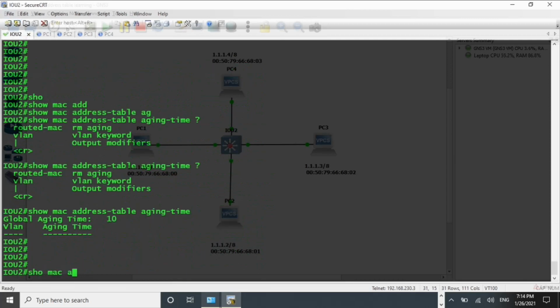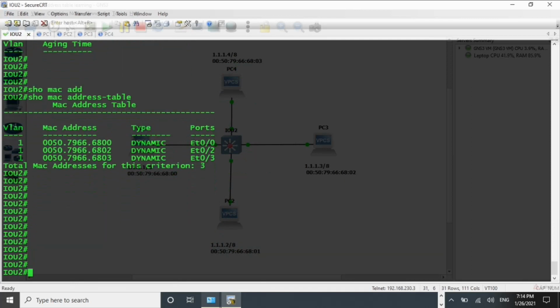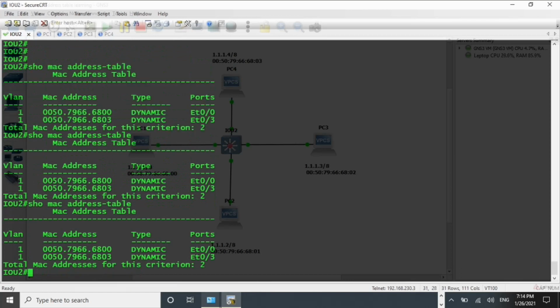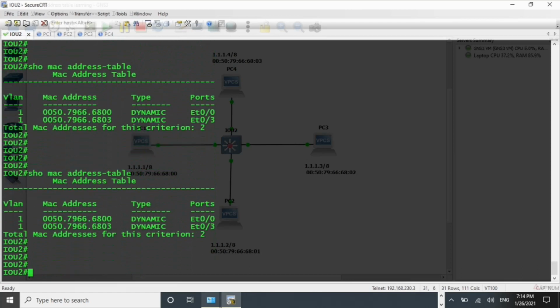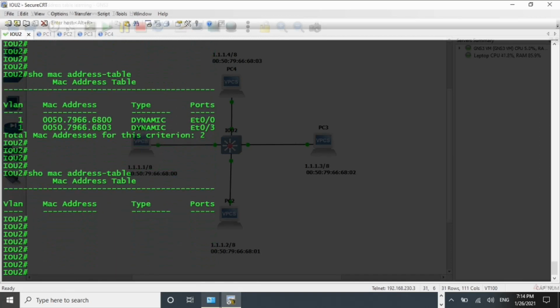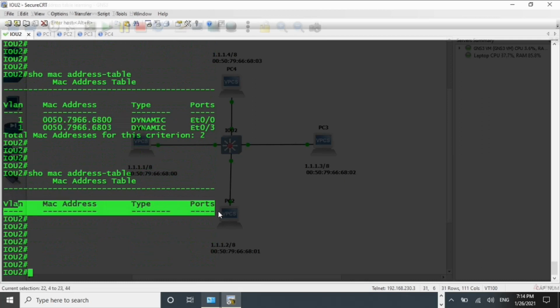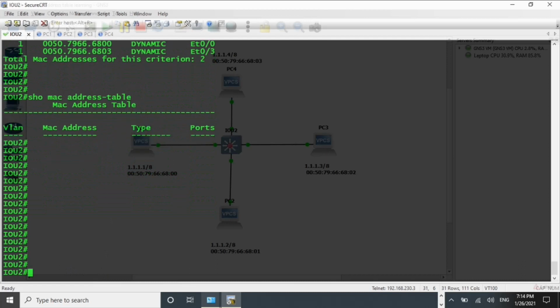Show mac address-table. See, the entry is only kept in the MAC address table till 10 seconds. One is removed. After 10 seconds, this will be empty. See, now all the entries are removed from the MAC address table, because we set the aging time to 10 seconds.